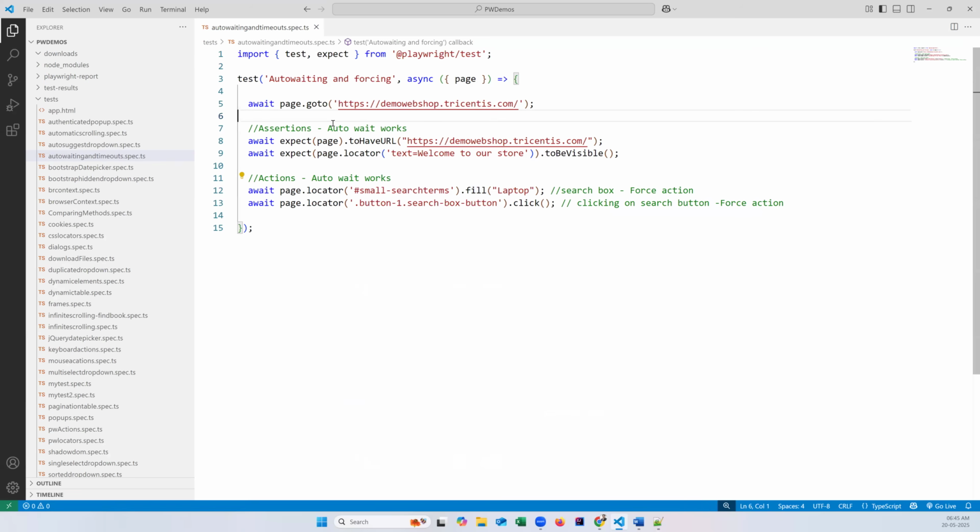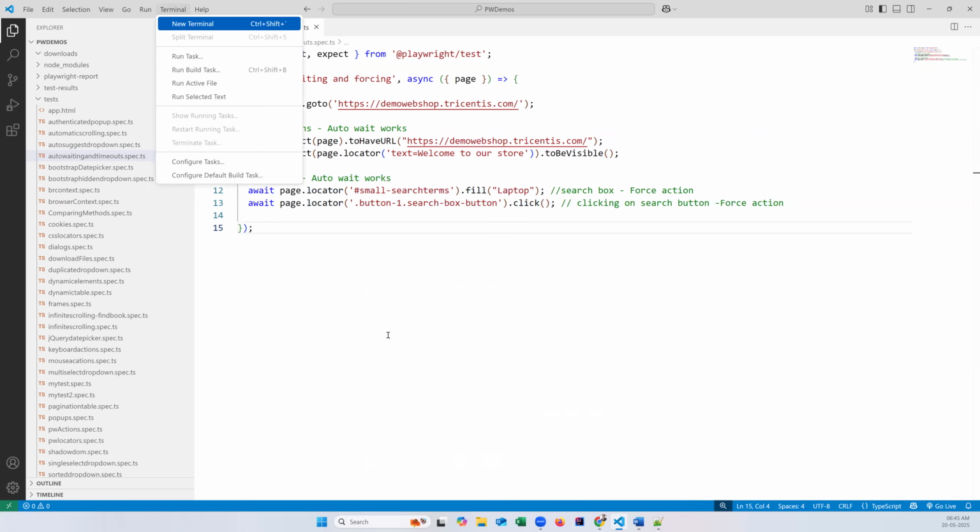Okay, so this is a simple test. So here these are the assertions, where auto wait works automatically, and these are the actions. So here also auto wait works. Okay, so simple. If I run the test,